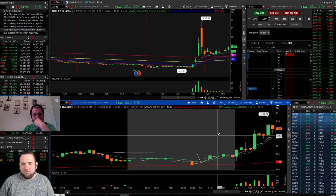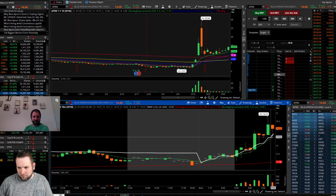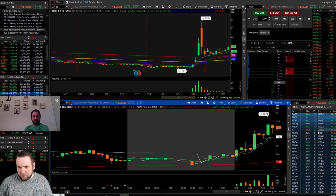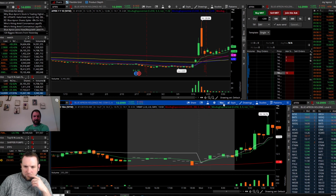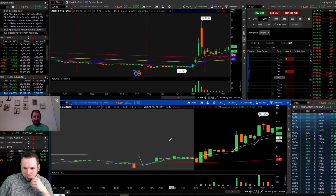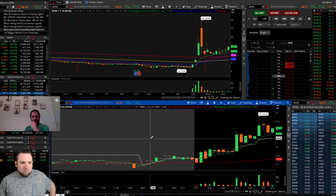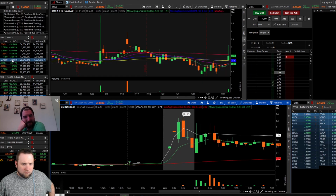I think you're probably fine. If I can add to it, I'm in that 1396. I was looking at that 1385 area, but I just want to kind of see it. I think it's still going to have to consolidate. On the 5 minute chart, it's been doing about 20-minute consolidation before the jump, and it's right in the 9. I like that. Oh, it looks good. So I don't think it's going to be like a quick breakout or anything, but I just want to see it kind of in that 1380 area,